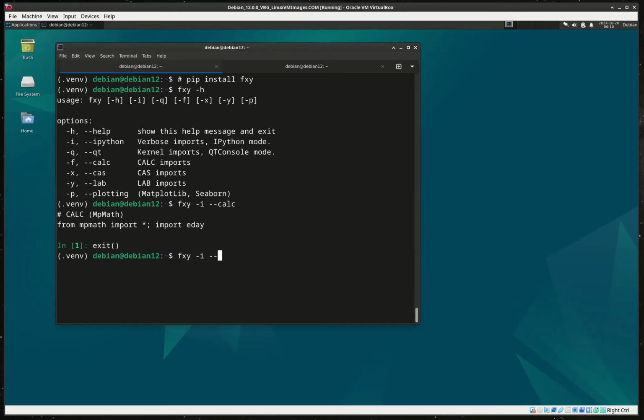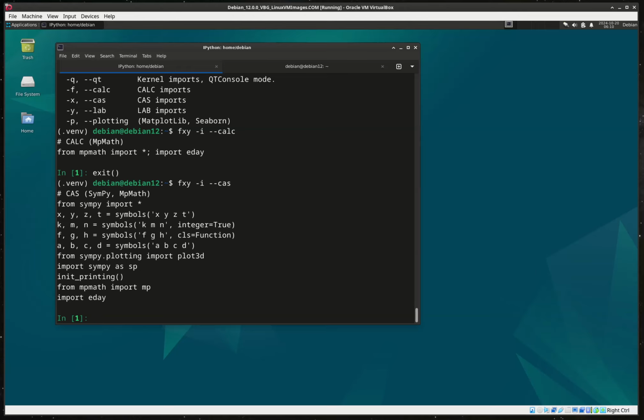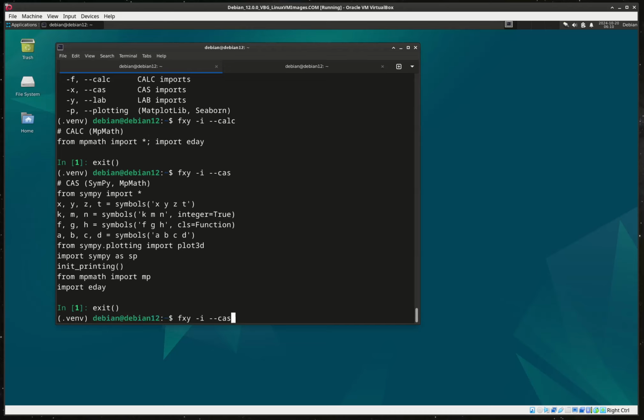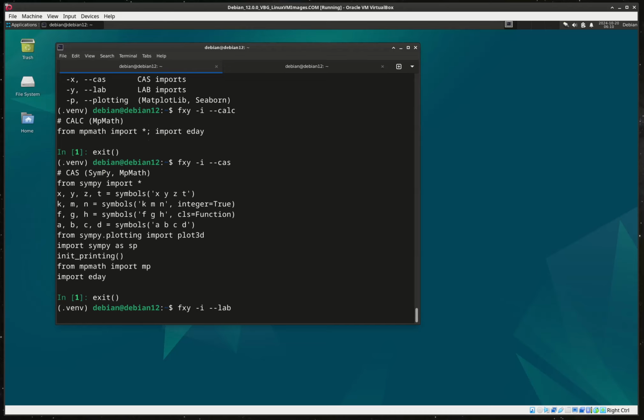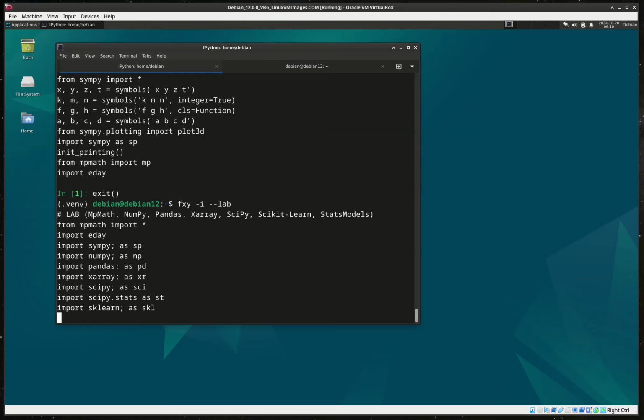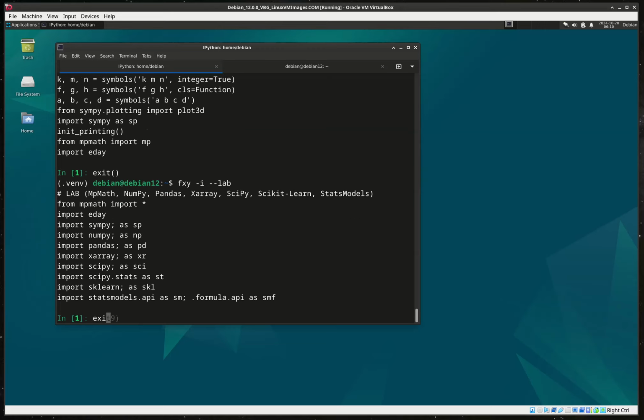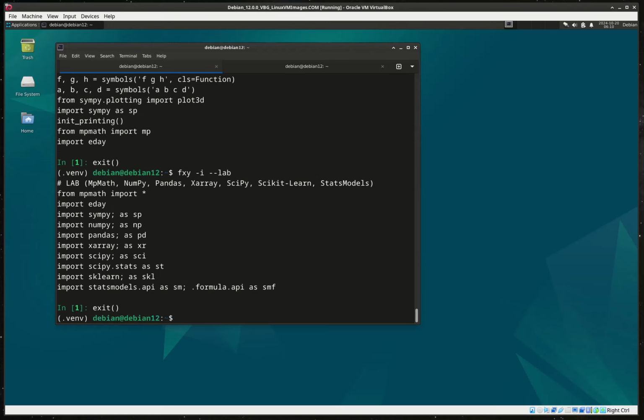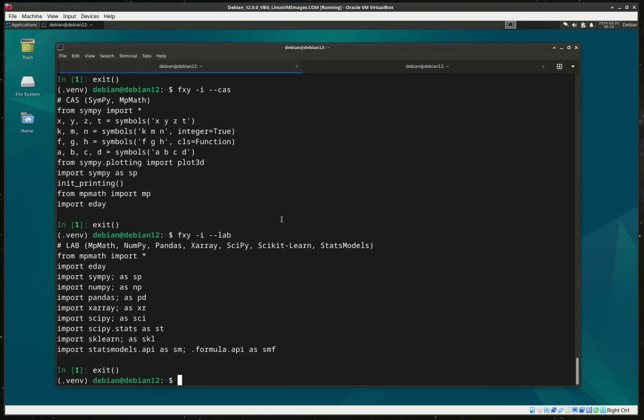I with lab, or like with cas, for example, is a computer algebra system, which is almost like ISIMPy. And with lab is the imports for statistical computing and machine learning, or basic machine learning. But in addition to that, there is